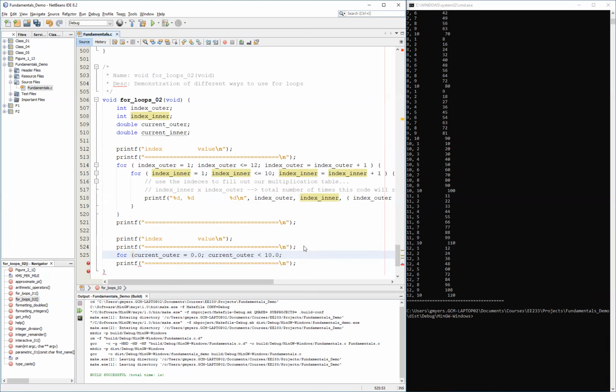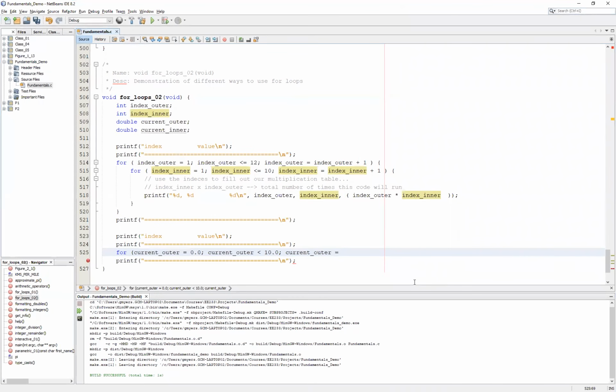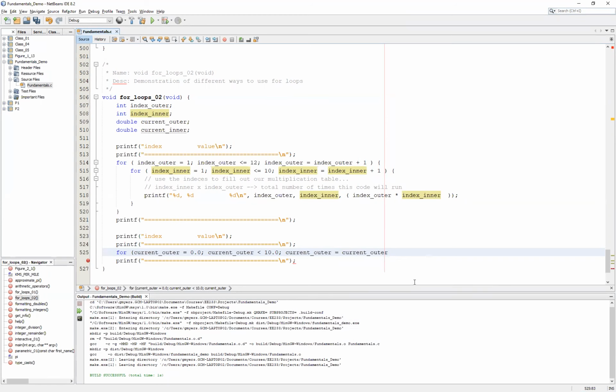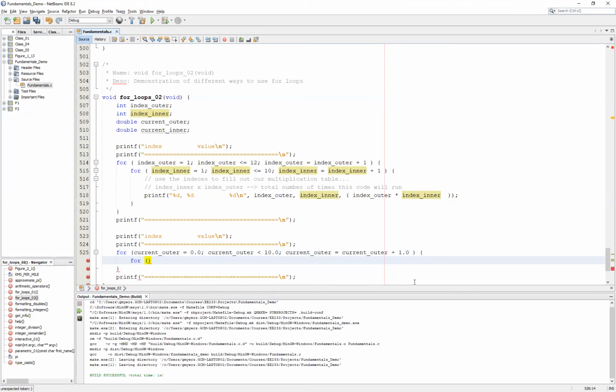And I want to increment it here. So current outer, we'll come back to our command window in just a second, is equal to current outer plus, in this case, I'm just going to add 1 to it. And then for the inner one, we're going to do something a little bit different. We're actually going to use values of pi. And so in this particular case, I'm going to go from 0 to 2 pi,